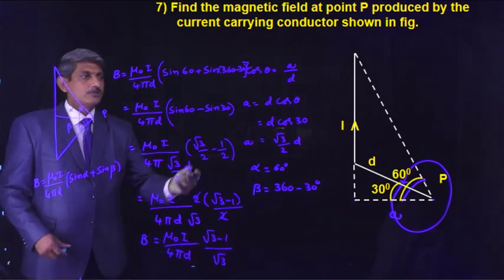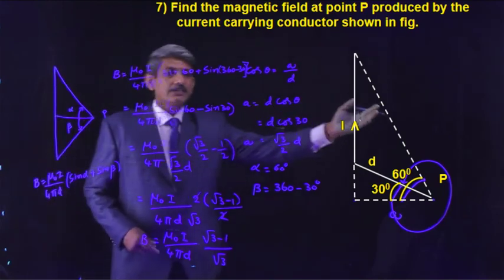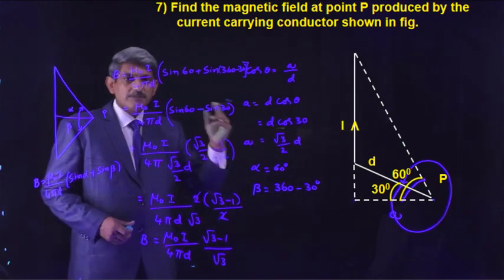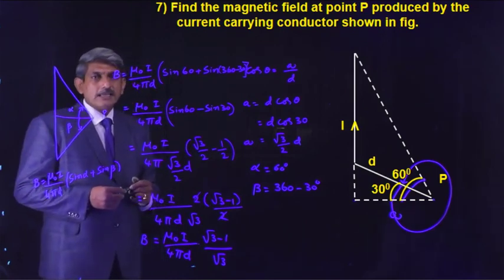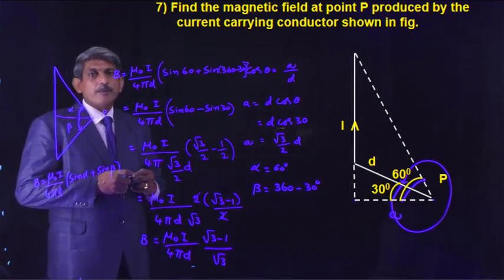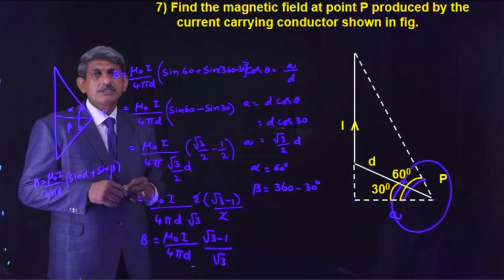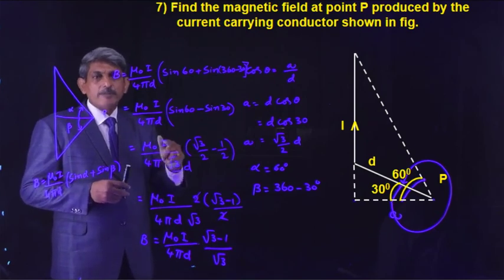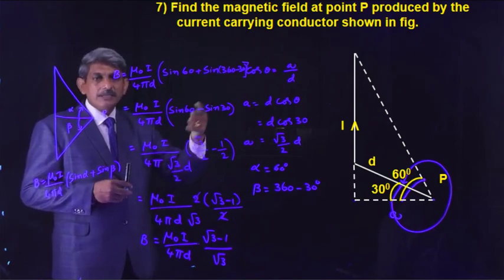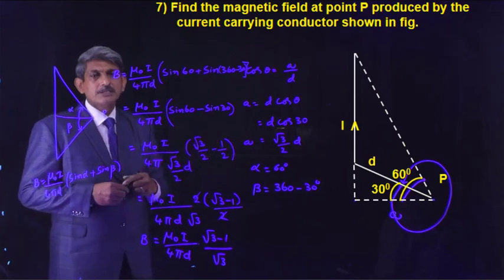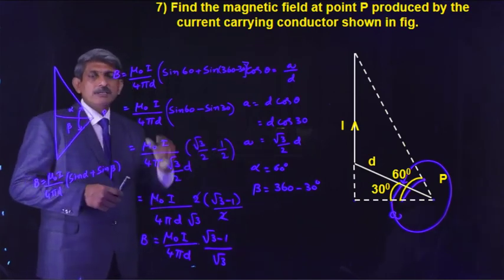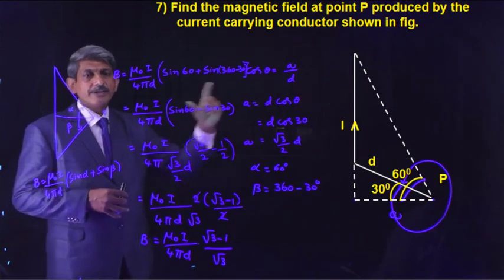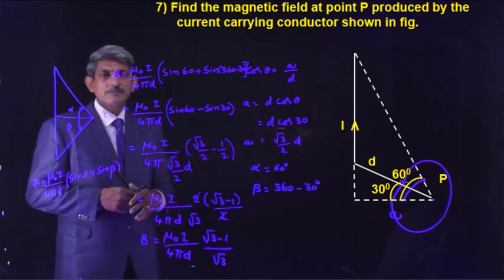Okay? So whenever that kind of wires are given to you, you have to keep that point in mind. What is that? The elevated angle made by the top point must be measured in the clockwise direction. The elevated angle made by the lower point must be measured in the anti-clockwise direction. Then by applying the formula in the proper way, we can determine the magnetic induction produced by the finite wire at the given distance. Okay?